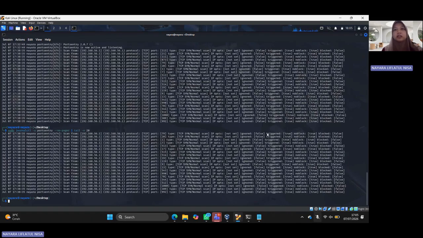The trigger is true. The status confirmed the scanning activity was detected. I also used the journalctl command to view the log entries, confirming that the intrusion detection process worked successfully.